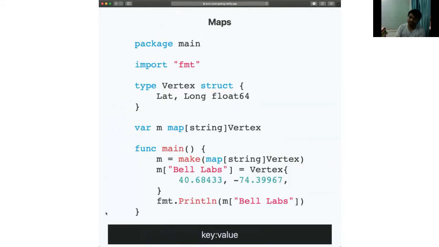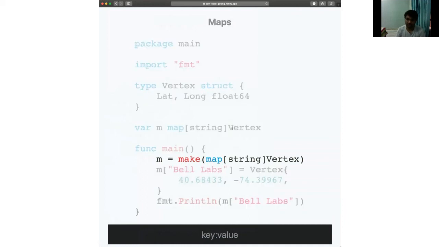So yeah, now let's look at maps. Maps are pretty much like every other language, like C++, JavaScript, or all those languages. So here we have a map that is a key value association, where there's a key that can be a certain type, which here is a string, and there's a value assigned to each key, which can be any type. And remember our old vertex struct? We still have that, and we can use that as a value in our map.